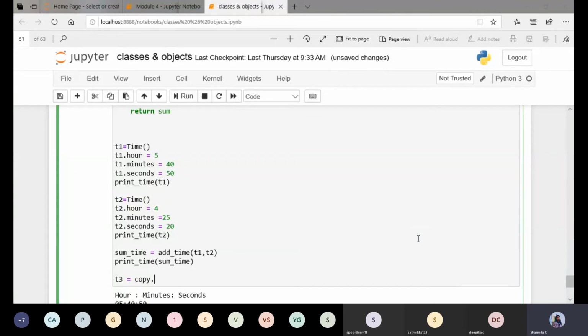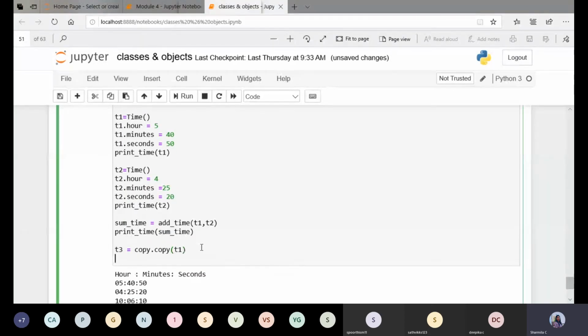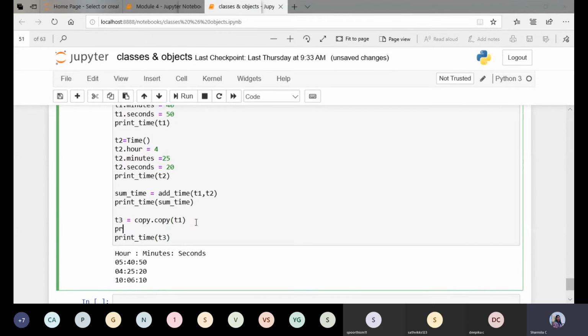So copy.copy of t1: t3 equals copy.copy of t1. Then once again I'll print_time of t3, so just give t3. Now I'll give one more print statement.